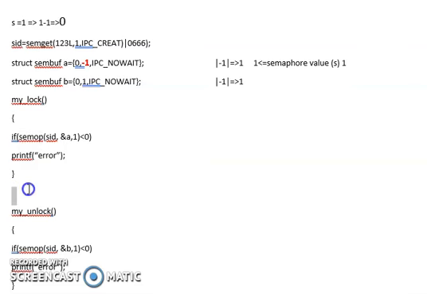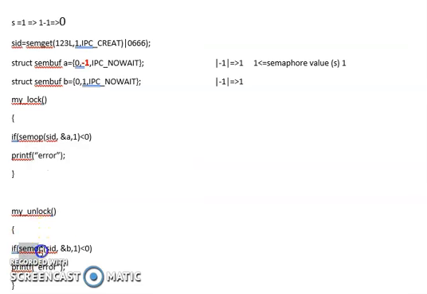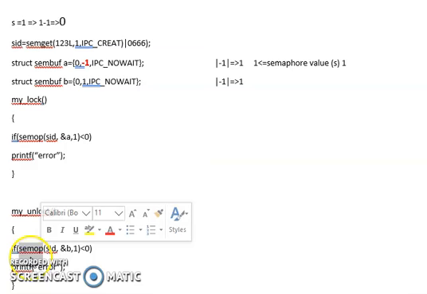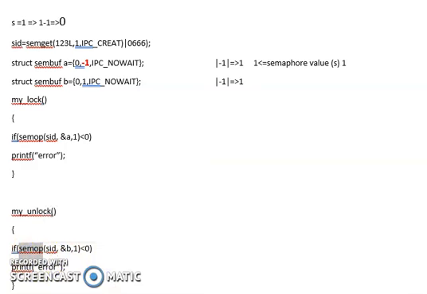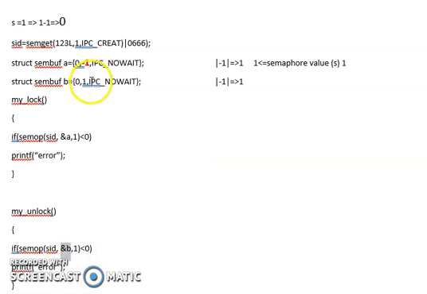Now, at some point or the other, the critical section part by the P1 process would have been completed. Then P1 will be going into exit where we have a call for myUnlock function here. MyUnlock function starts functioning with SimOP again in the exit section. So again SimOP system call is called here over SID. So what is my SID? SID is a semaphore having 0 value now. With what am I working now? I am passed a variable of the structure called B. Now with which one? SimOP of B structure. This is the one on which we will be working currently.